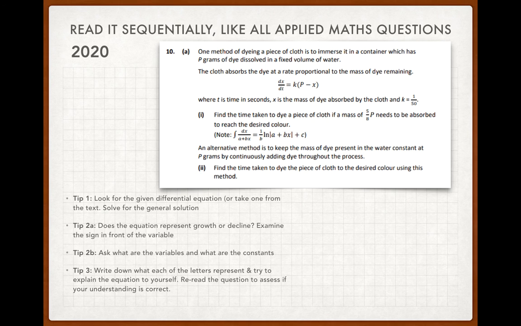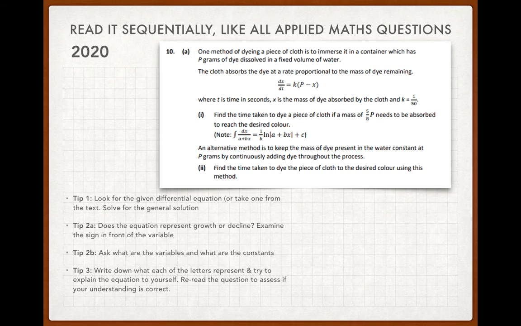Okay, let's have a look at the second part. There's a new paragraph after it gives us the standard integral that you're going to have to use with the integration. It says an alternative method. An alternative method means that the formula above is no longer going to apply. We're going to have to come up with a formula ourselves unless it's given in the section. Okay, the alternative method is to keep the mass of dye present in the water constant